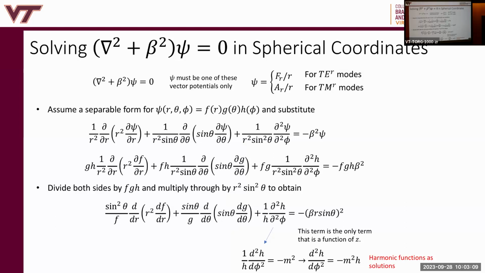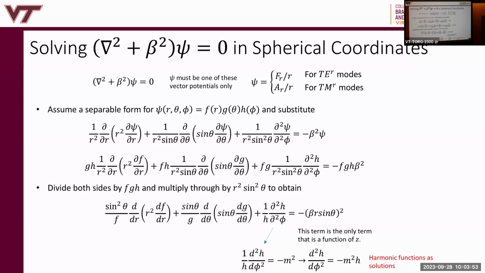Okay, so that is the only function in this string that's a function of phi. Oh no, we couldn't start here because theta is also here, right? So we had to start here. For phi, there's no other term that's a function of phi. This all equals some constant in the end. So that's not a function of phi, so we can set this equal to a constant, which is minus m squared. This is a differential equation you've solved 100 times now. Harmonic functions are the solutions. The only functions you can differentiate twice, add back to themselves, and get 0 are sine, cosine, or exponential. So we expect in the phi direction, azimuth, exponential functions or sine and cosine, periodic functions, right?